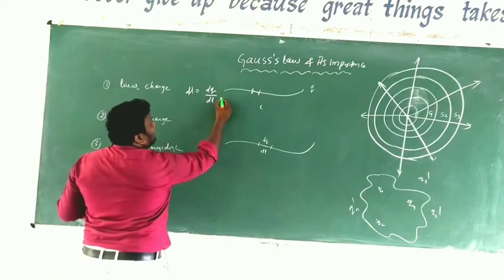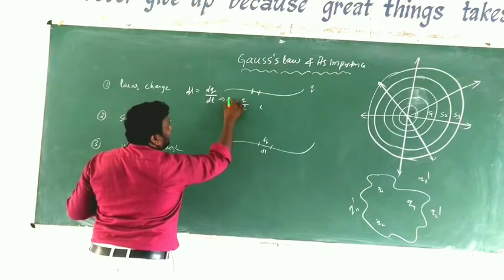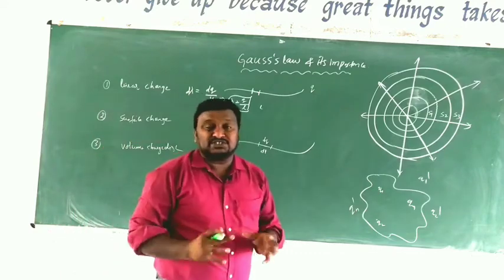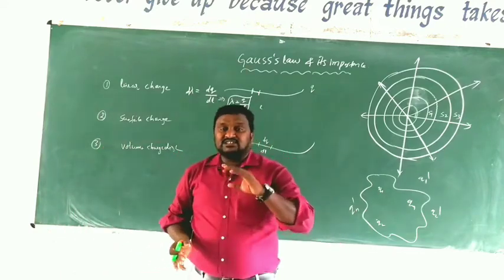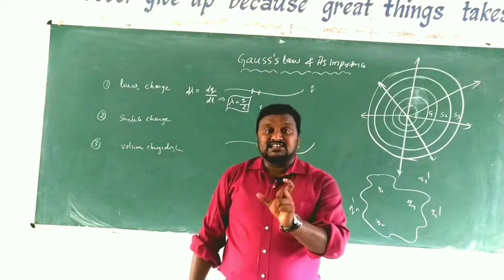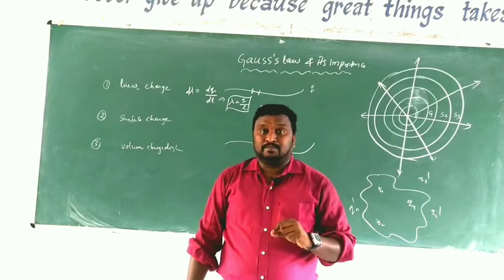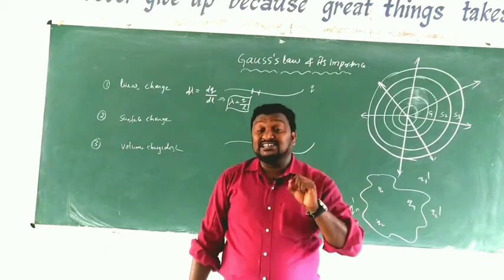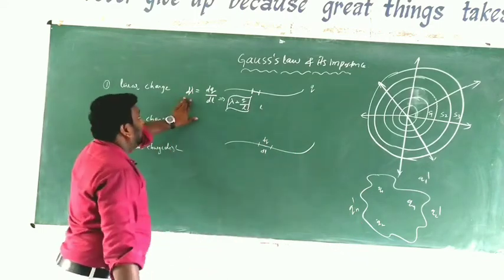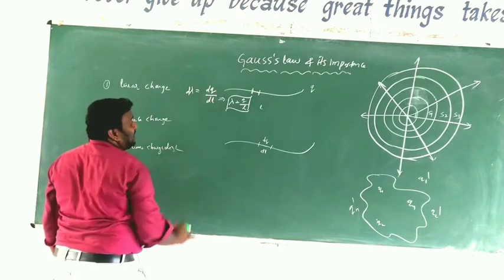If we consider the entire conductor, we can write lambda is equal to q by l. This is the linear charge distribution or linear charge density. The charge distributed along the length of the conductor is called linear charge density, and if we consider a small portion of the conductor along its length, that is dl. On that particular element some charge is there, mentioned as dq. Then lambda is equal to q by l for the whole conductor, and d lambda is equal to dq by dl for the small element.